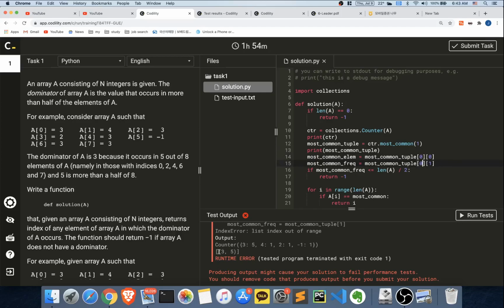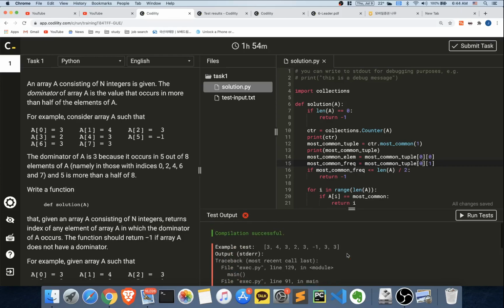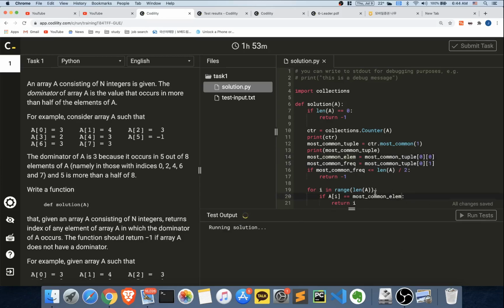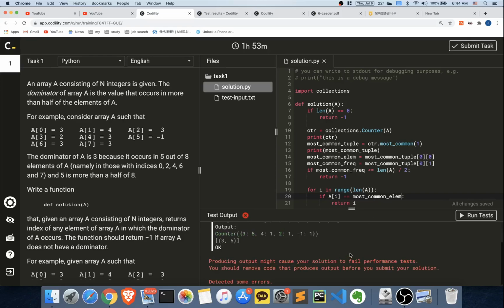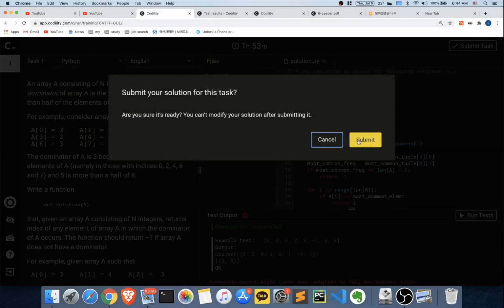Yeah, so this is like tuple itself is the zeroth element. Yeah, and output runtime error, most common is not defined, most common element, and yeah, we have passed this, and if we're gonna comment out these two print statements and submit,